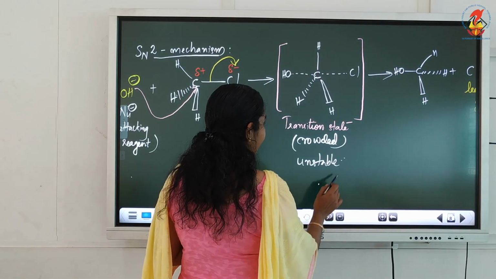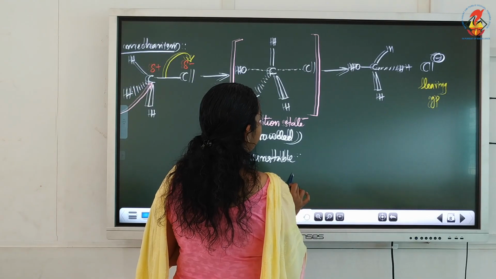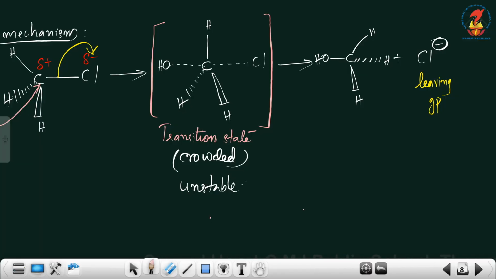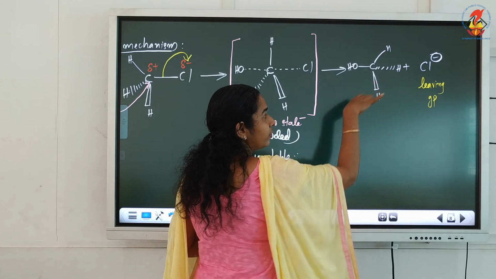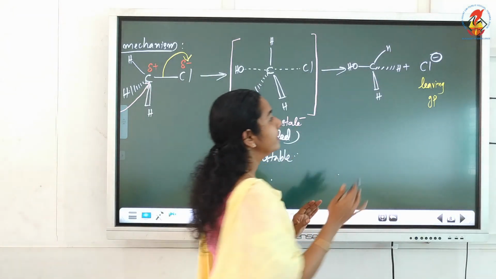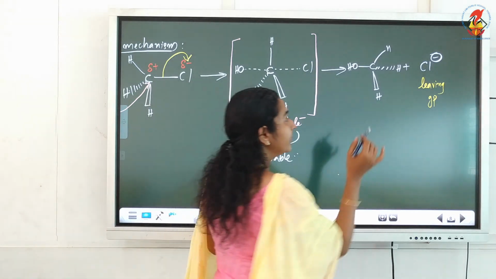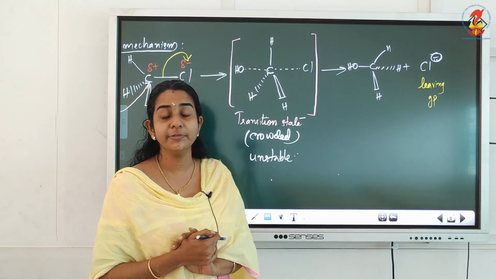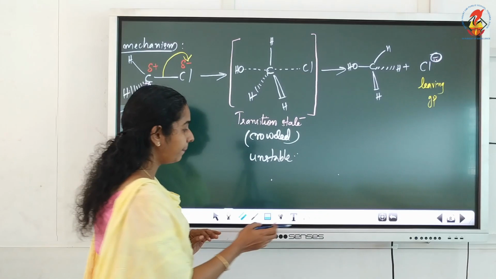And finally what we are getting is the carbon OH bond formation is complete and the hydrogen atoms will again go back to 3 different planes, and Cl will be completely removed as Cl minus with this negative charge meaning a pair of electrons, and Cl minus will be called the leaving group. So this is the mechanism happening